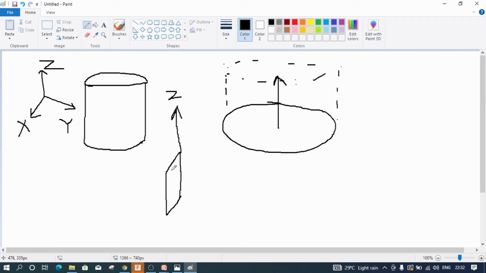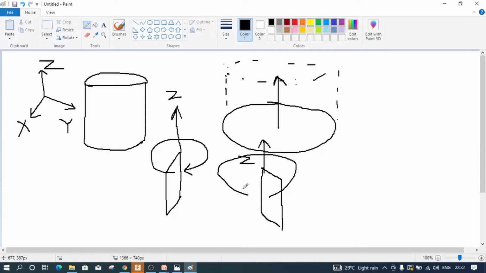And if you revolve this particular rectangle 360 degrees, then you will be able to develop a cylinder. Similarly, you can draw a rectangle on the YZ plane and this one will be your Z axis, and you can revolve this particular rectangle again 360 degrees to develop this cylinder.